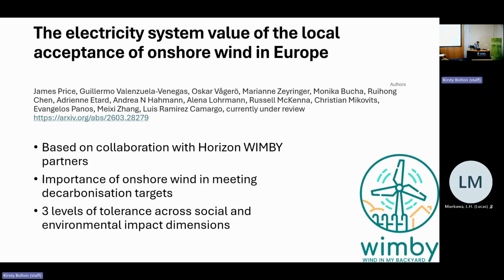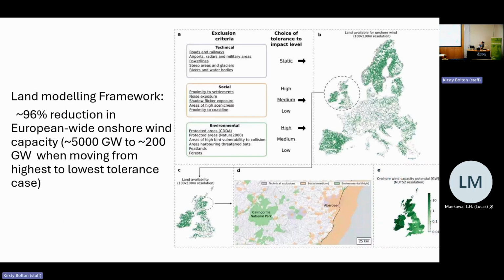So together with our social scientist colleagues and ecological colleagues, we developed 3 levels of tolerance across social and environmental impact dimensions. We have this land modeling framework where we use spatial data on ecological impacts, but also social impacts that onshore wind could have, and then develop different scenarios where you can place wind energy. So for social, for example, we vary the proximity to settlements, and we vary the exposure to noise and shadow flicker. We also had some colleagues developing a model that could tell us which areas would be seen as having the highest scenicness across Europe. So we can also have different levels of scenicness exclusions. And then also proximity to the coastline,